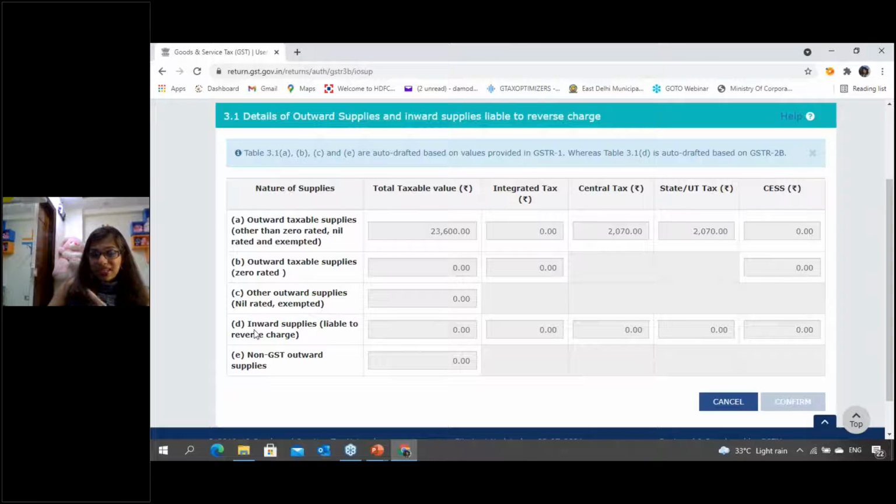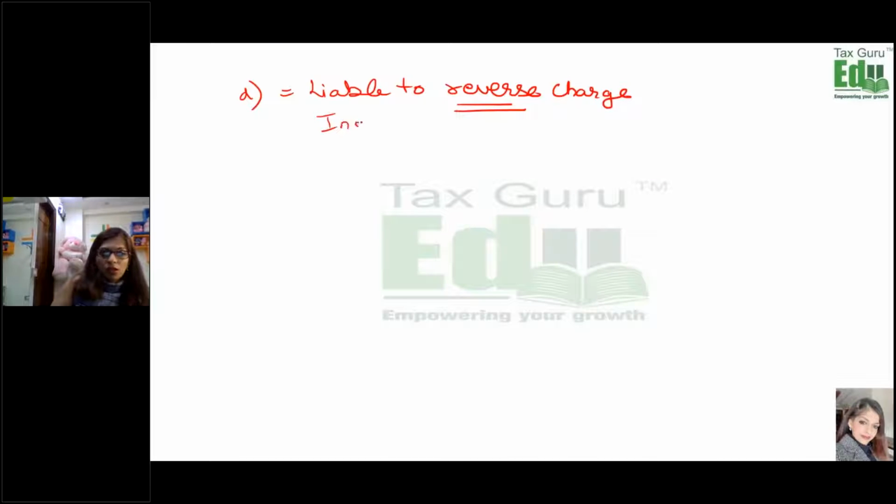Please see carefully. What does it mention? Inward supplies liable to reverse charge. This is talking about only the inward supplies, not your outward supplies. There can be a scenario that you are also a dealer whose supplies are taxable under reverse charge. Those supplies are not required to be mentioned here. What you will mention in point D is the inward supplies. Your inward supplies. For example,